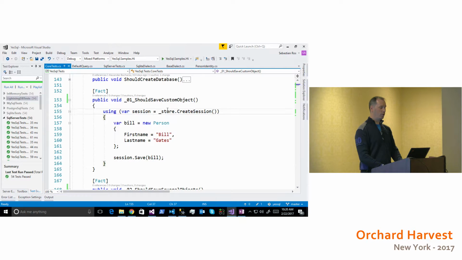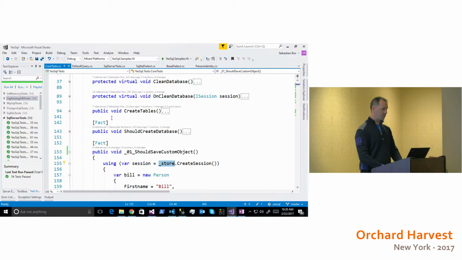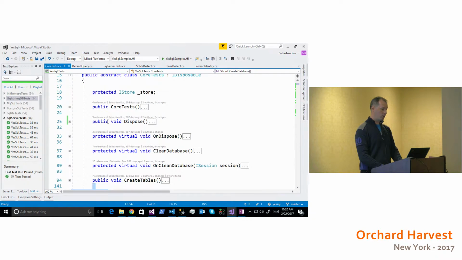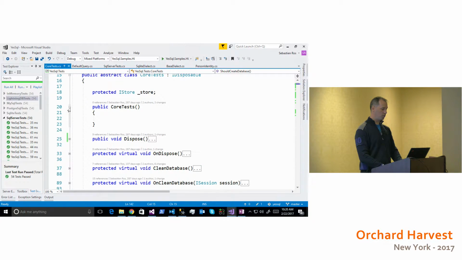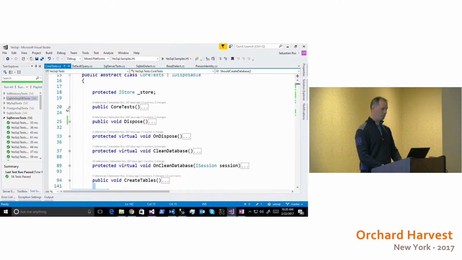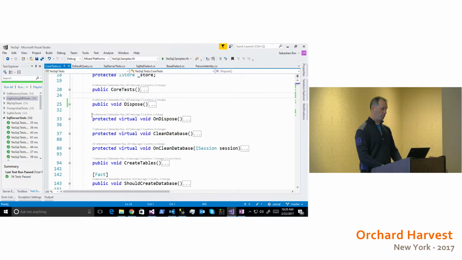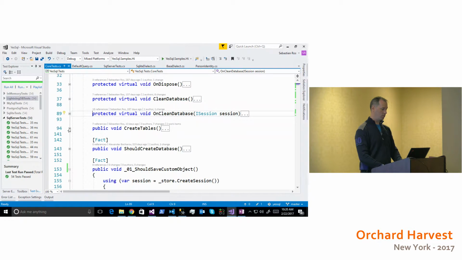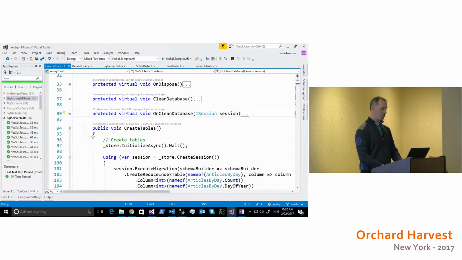And this store, if I look into the unit tests on initialization, which must be in the constructor, nope. It must be somewhere, right? Nope. Oh yes, maybe this one. Yeah. Store initialize async will create the necessary